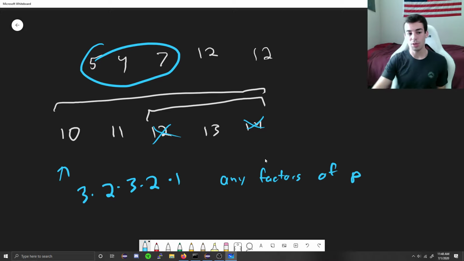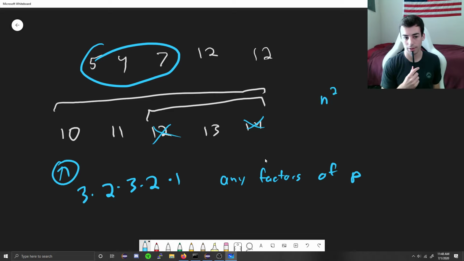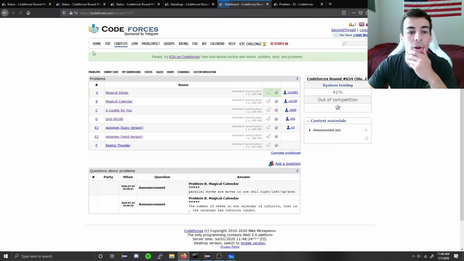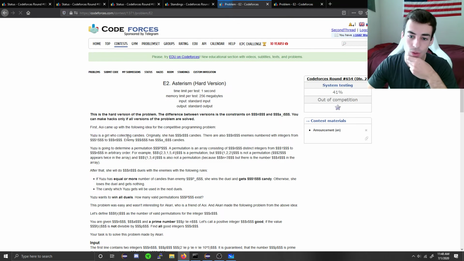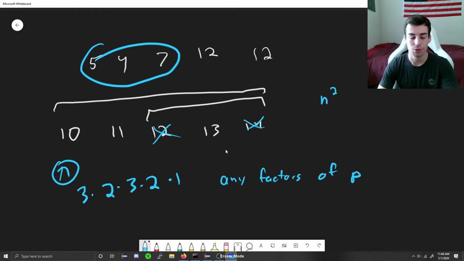So what we can do is we can brute force this starting value here. And if we brute force the starting value, we can just check what would this be. And we can do that in order n. So then that will give us a solution to E2 in n squared. And yeah, that's it. So pretty easy. Or to E1, yeah. To E2 is harder. So I didn't actually solve E2, but